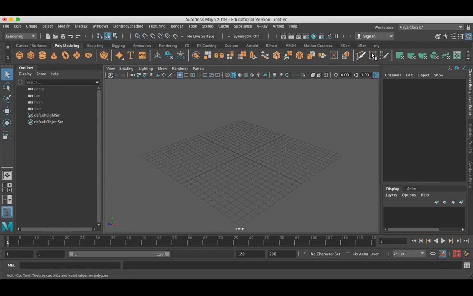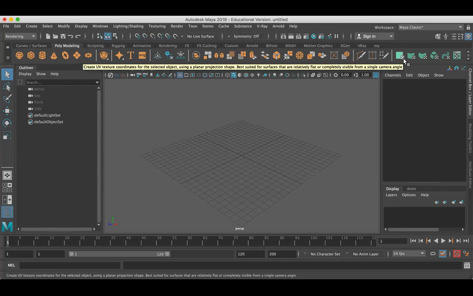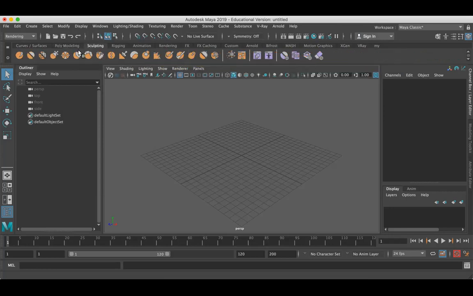These buttons or icons are useful for the modeling part. Again, sculpting is used for the modeling part, rigging for the rigging part, animation for the animation. Here comes rendering, which is related to the lighting and rendering part, which we will be using in the lighting and rendering section.